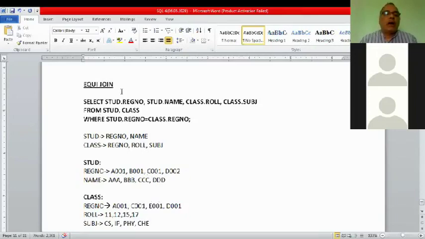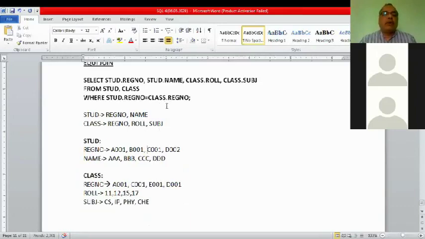So what would be the output of this command? The output of this command is, you just match which values are matching on these two fields, which are the common values of these two tables in this particular field. REGNO A001 is present here, and it is present here. So first output will be, first is STUD REGNO values, I'm just writing the values.